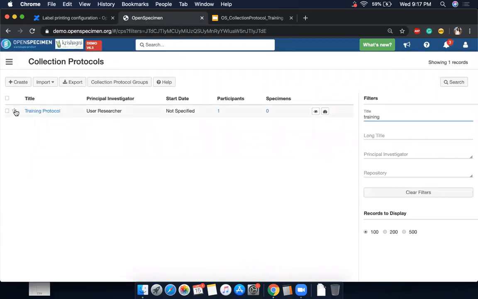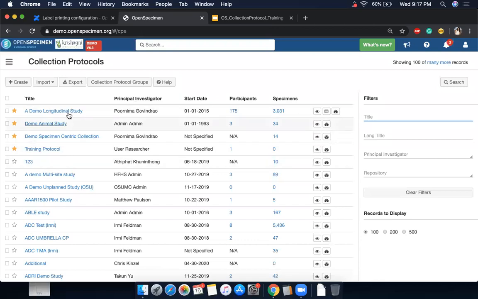where you can star protocols, which means you can mark them as favorite so that they will always appear on top of your list. And this star is only for specific users, so it will only appear in my protocol list. And once I am on the list, I can click on this eye icon. This is where, if I want to edit the protocol, I click on the eye icon.